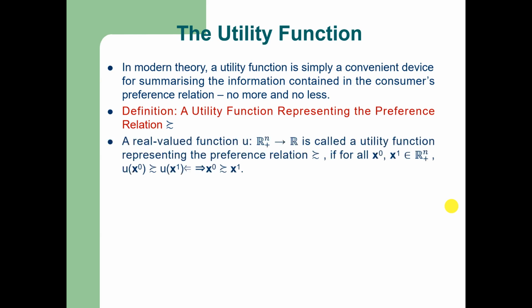So a real valued function u in the non-negative orthant, mapping into a real number, is called a utility function, which represents the preference relation given by this binary relation